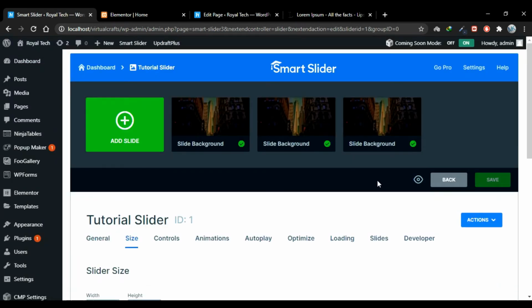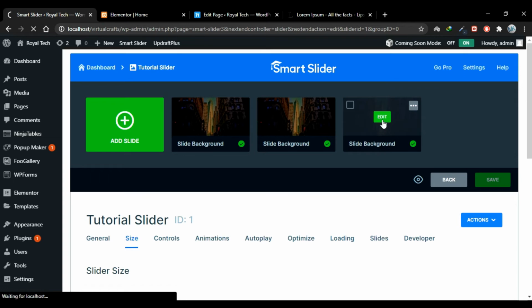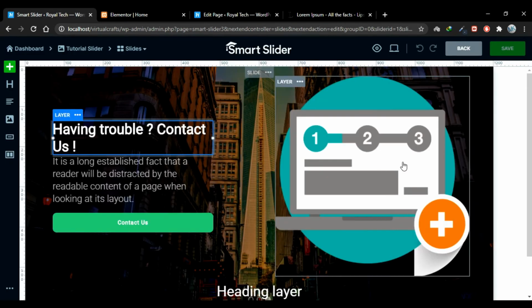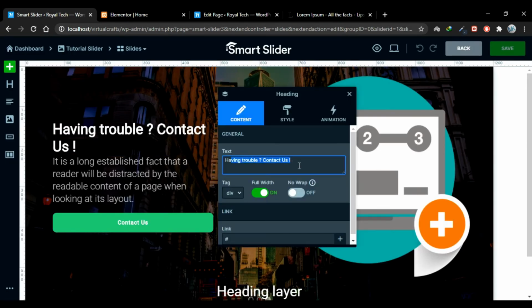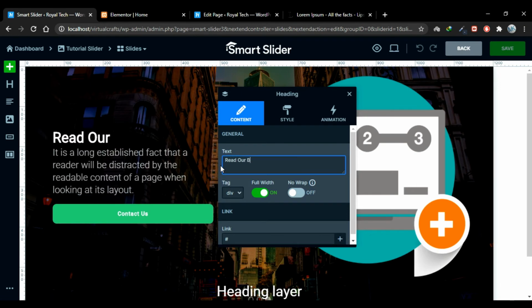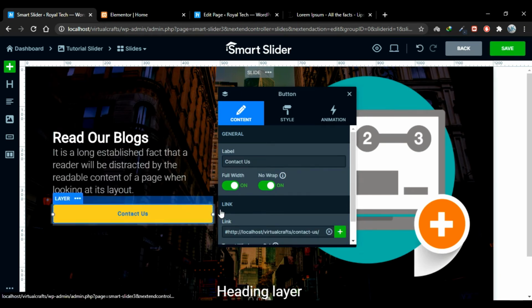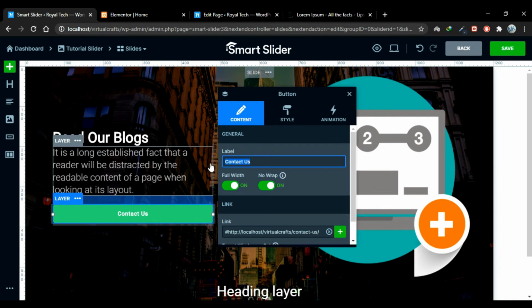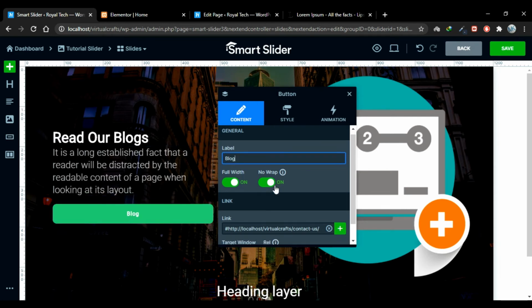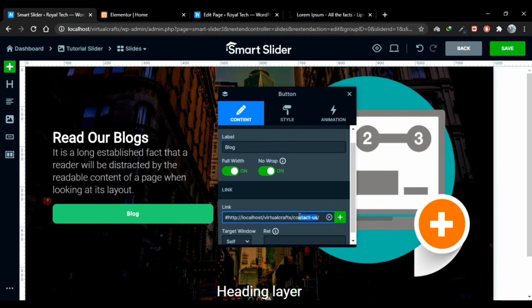And now edit your third and last slide. Click edit. Let's say this slide refers to a blog page. Change your button text and your link from here.